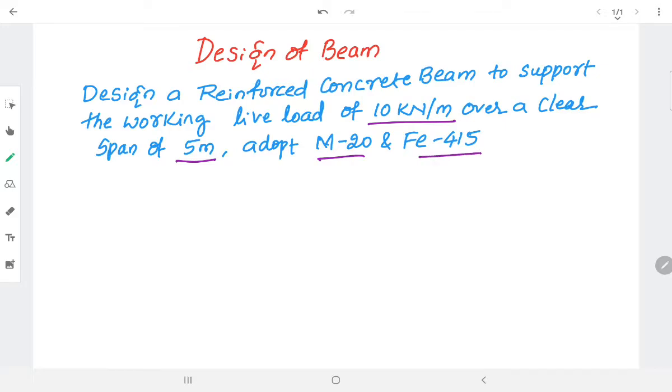For example, if you are going to construct a home, there obviously will be structural elements like slab, beam, column, footing. Based on the load calculation, we got a load on the beam equal to 10 kilonewton per meter, as in the previous three videos I uploaded to calculate load on a building frame, that is analysis of building frame manually, how to analyze.